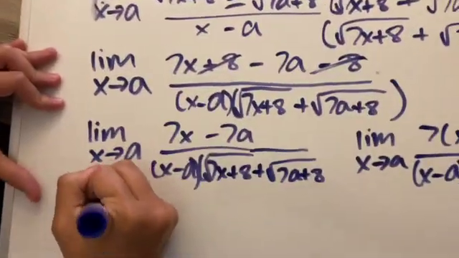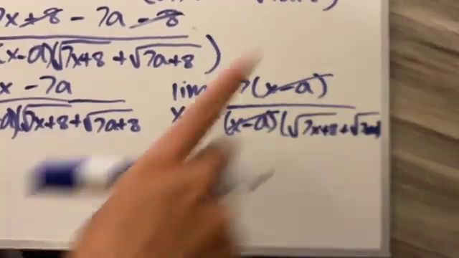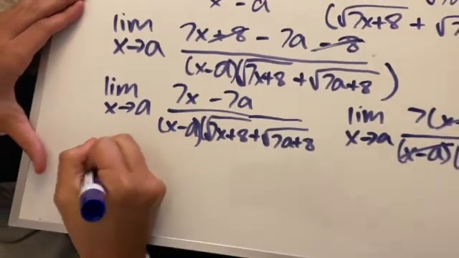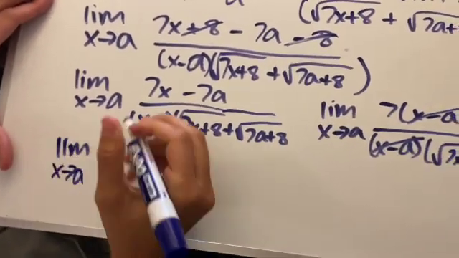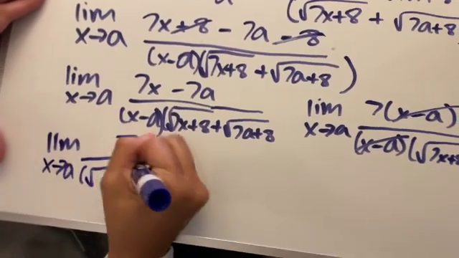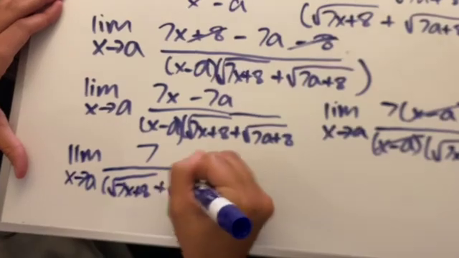Then we cancel x minus a because they cancel from the numerator and the denominator, and then we just get the limit as x approaches a of 7 over the square root of 7x plus 8 plus the square root of 7a